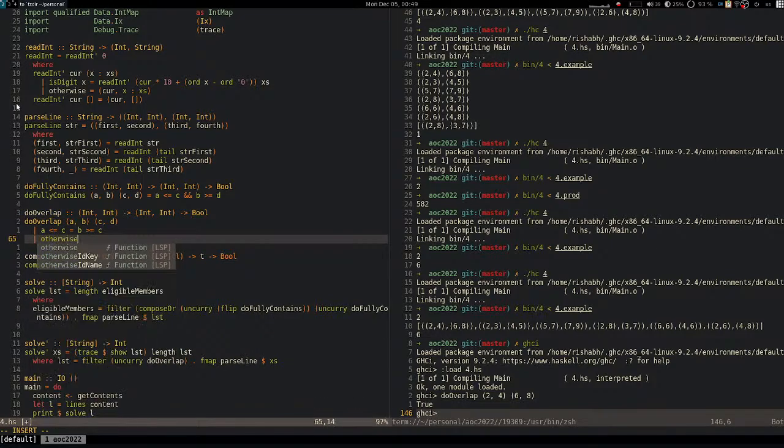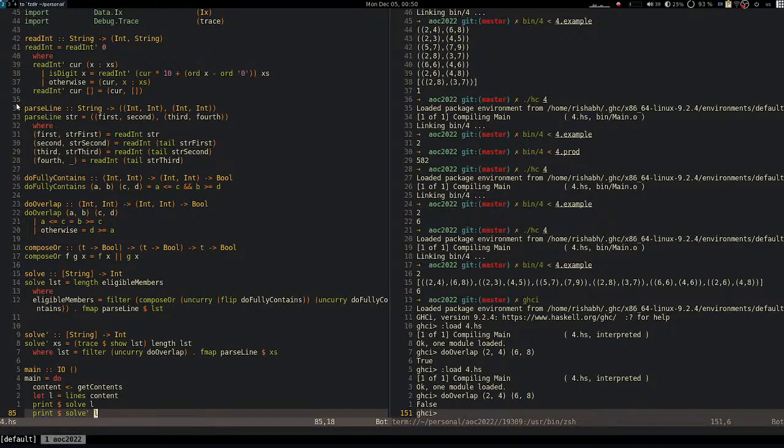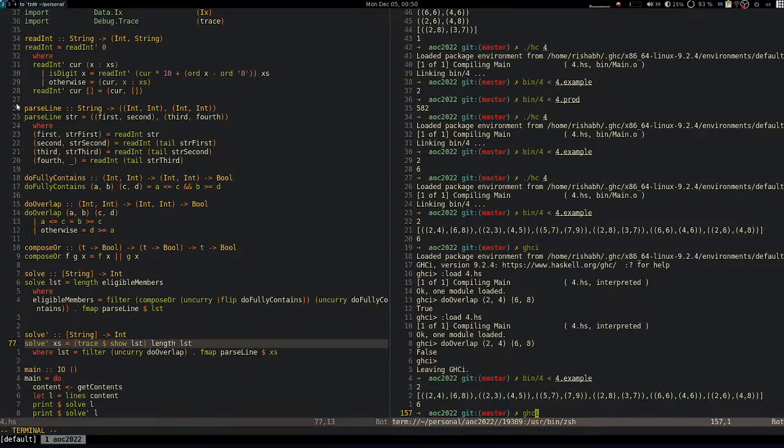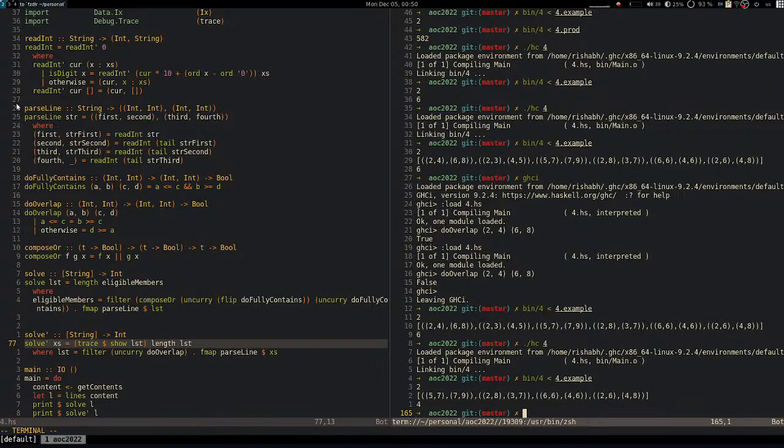Otherwise, it should be D, and now it's false. And now I can first of all compile and check if it's 4. And now because it's 4,